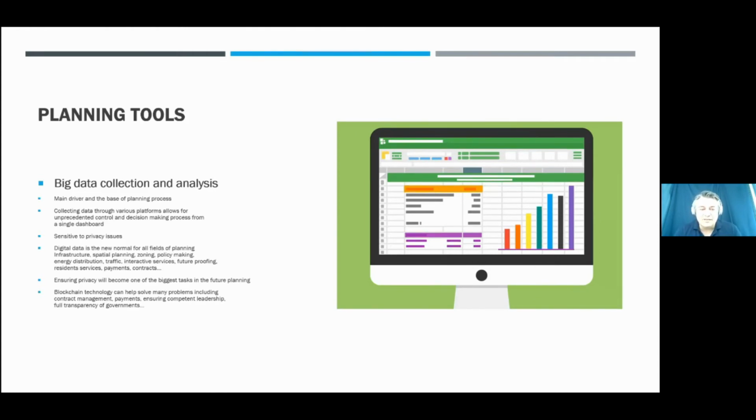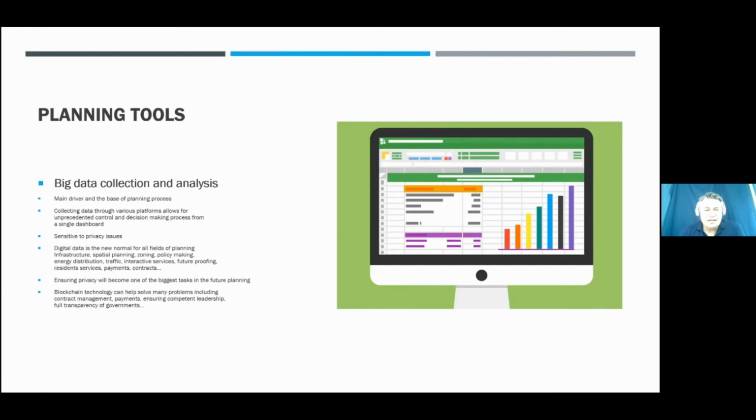As Dan put it eloquently yesterday when we had a brief chat about all of this, it's important to understand that data and analysis are used to solve a problem, but you need to be able to define the problem first. So defining the problem is your biggest challenge. Defining the problem of planning will then lead you to design, because design will then resolve the problem. But if you don't know what the problem is and how to ask the proper questions, that's not going to lead to proper design. So in that sense, big data collection and analysis is the key part for any design and any planning process.